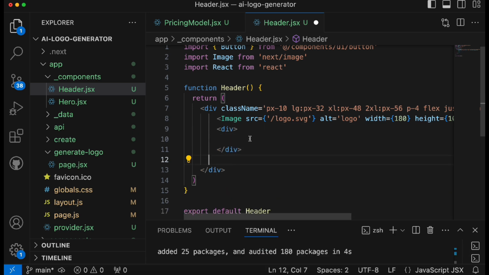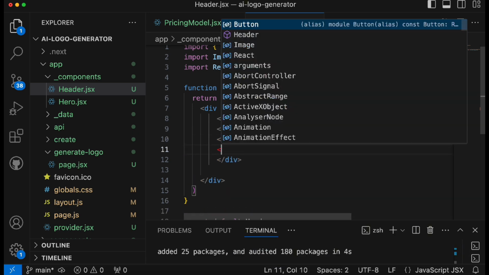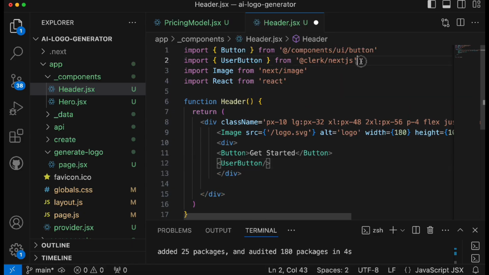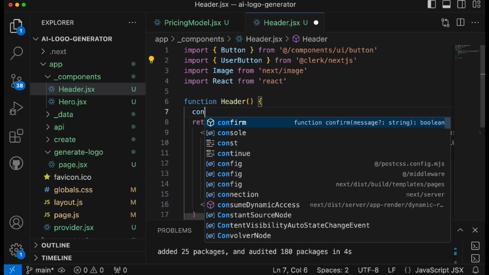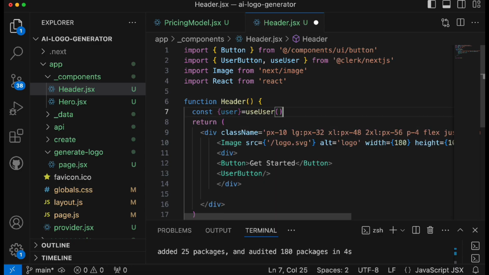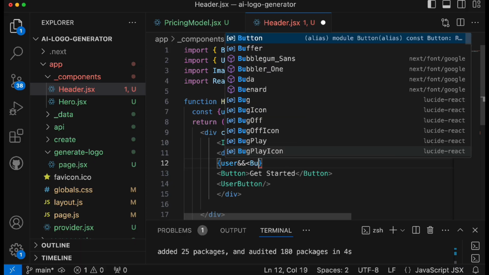Inside the div we'll add this button. After this we'll add a user button component from Clerk Next.js. Okay, and then over here we'll add user is equal to useUser, and we'll check if user is there, then we're gonna add a new button. So if user, and then we'll add a button